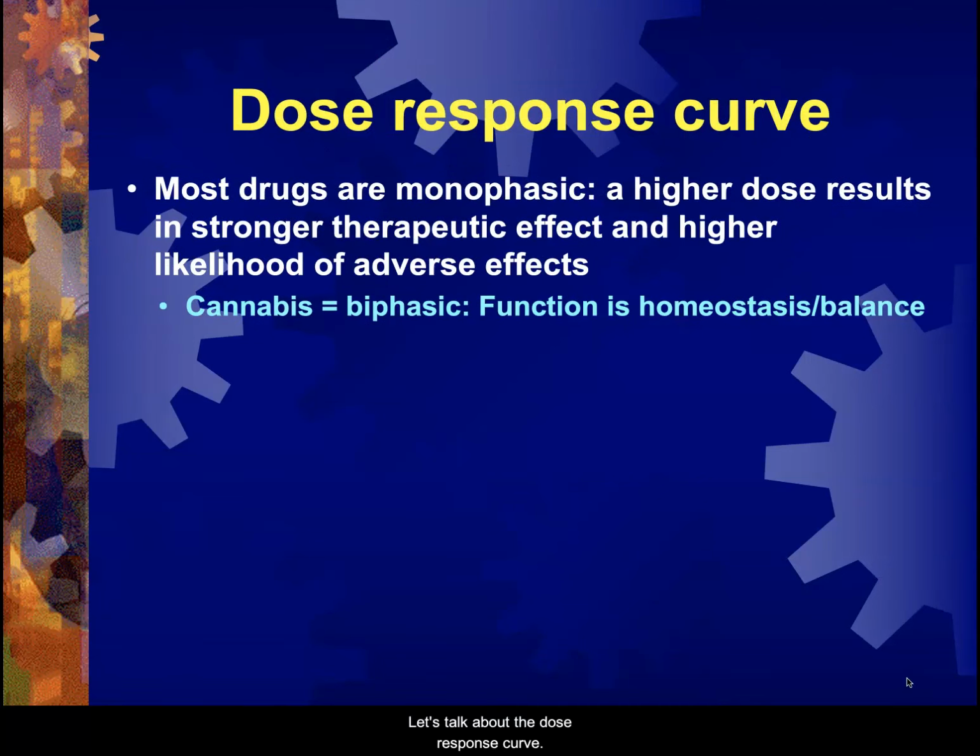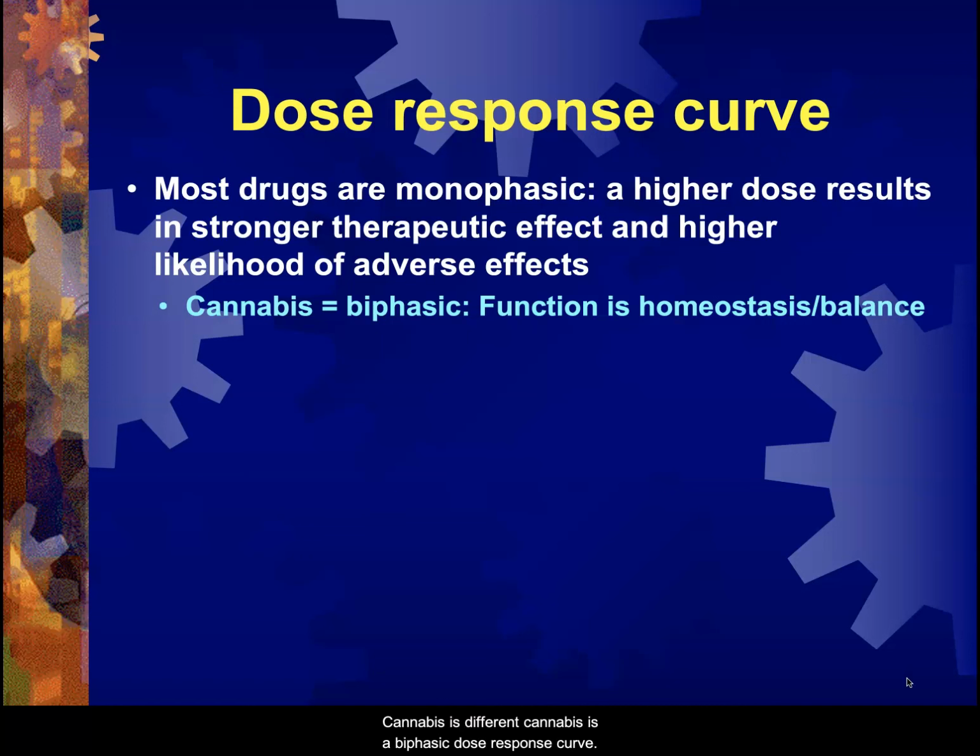But let's talk about the dose response curve, and this is different than it is in most other drugs. Most other drugs are what we call a monophasic dose response curve. So what a dose response curve is, you look at the dose and what is the response? Our dose is on the x-axis and response is on the y-axis. And basically a higher dose usually leads to stronger effect, and then usually it tapers off. So if you're taking, for instance, morphine for pain, a higher dose will give you more pain relief, but at some point you have maximal pain relief. And so it's going to be a curve that goes up and then flattens out in a plateau.